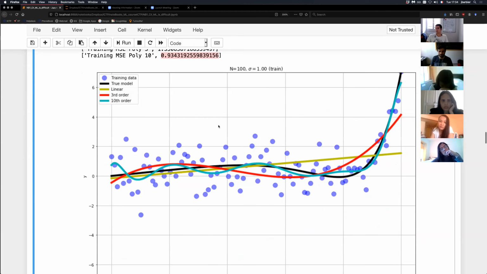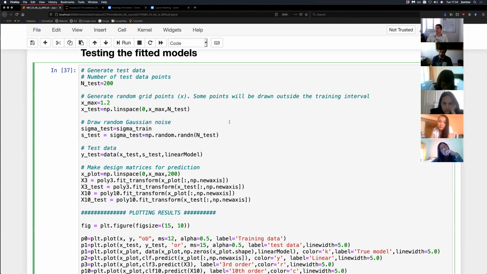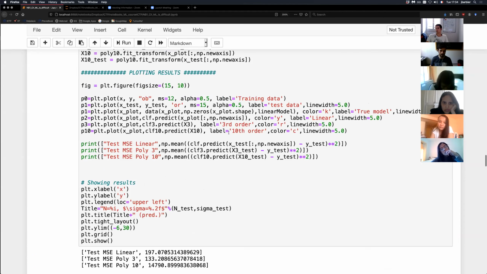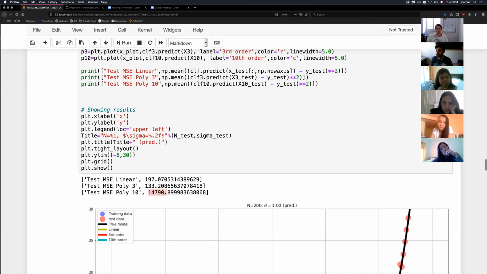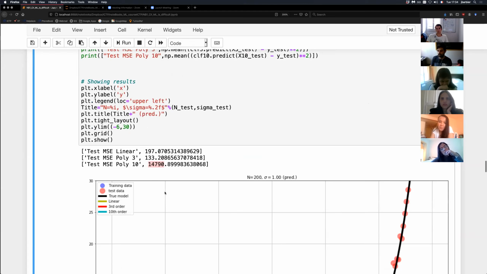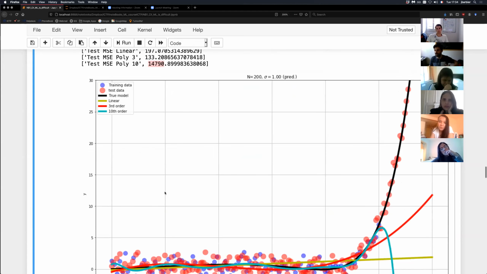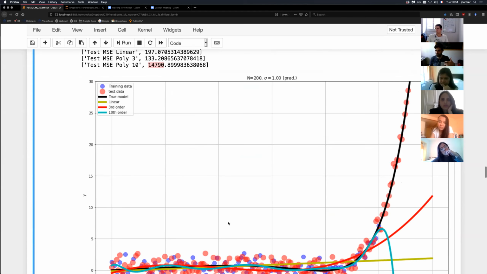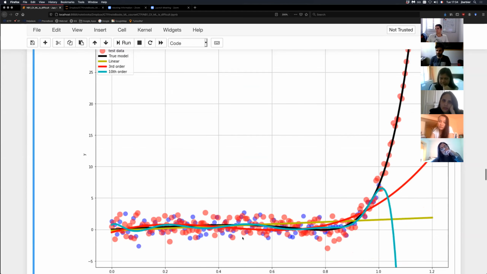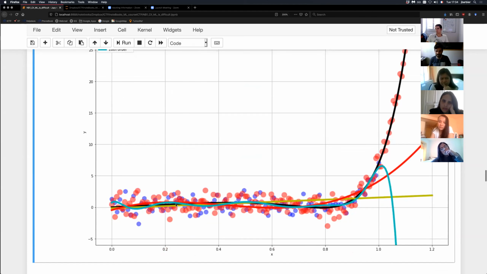But on the test data, let's see, it gives again the worst, even if you have more data. You would really need to have a huge amount of data to start to average out the effect of the noise, if you want. Okay, so you see now our 10-order polynomial is closer to the true model, the black line,